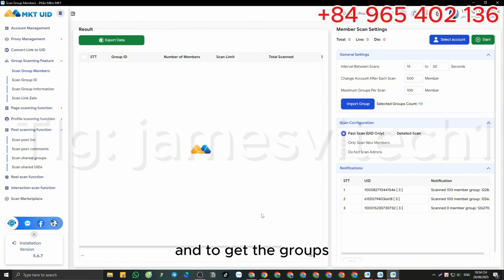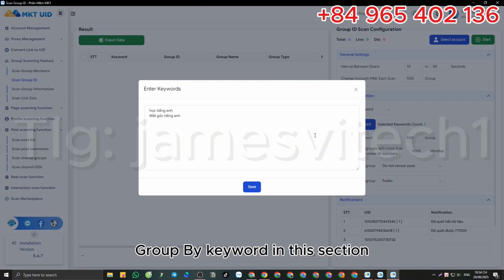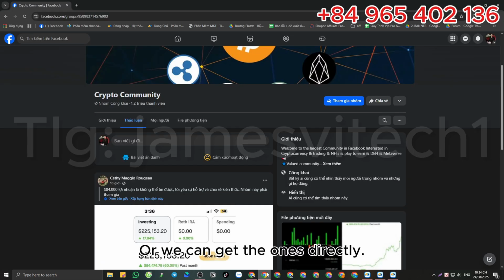And to get the groups according to the theme, we can scan groups by keyword in this section. Or we can get the quality groups directly. For example, this group. And I'll scan out the ones